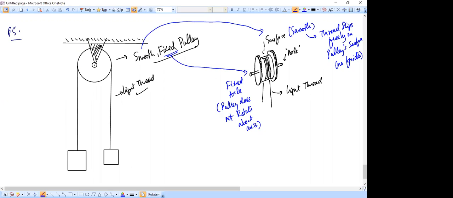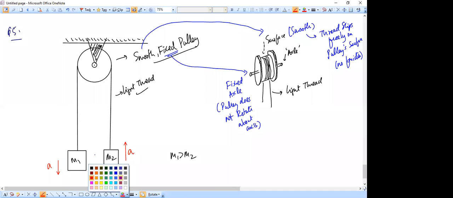Okay. So now if we attach masses M1 and M2 like this over here, and suppose M1 is greater than M2, then M1 will tend to accelerate downwards because its weight will dominate. But if M1 comes down by a certain distance, M2 has to go up by the same amount of distance because the thread is of fixed length. So if this comes down with an acceleration A, then this will have to go up with the same acceleration A. And because of the weight of the two blocks, the thread is now taut.